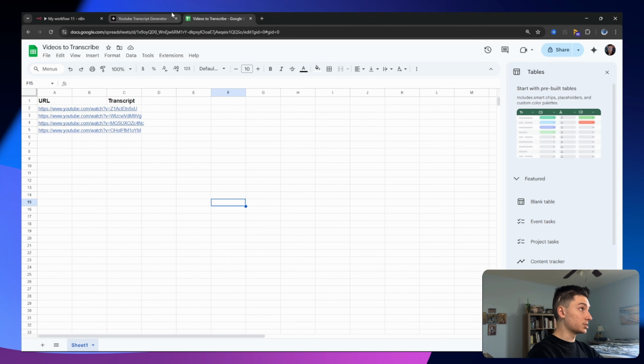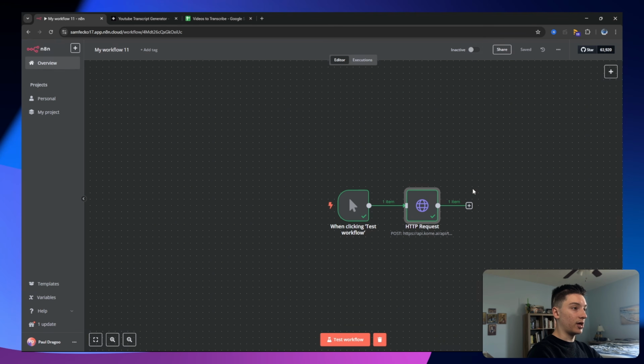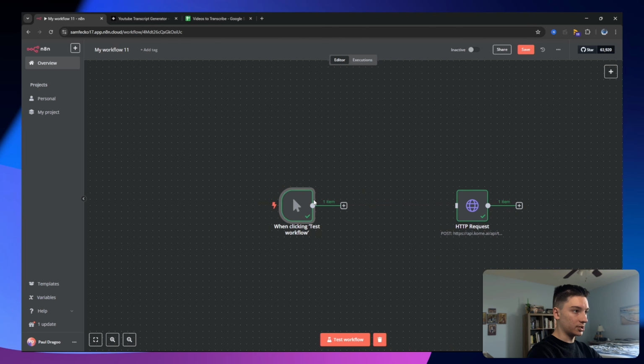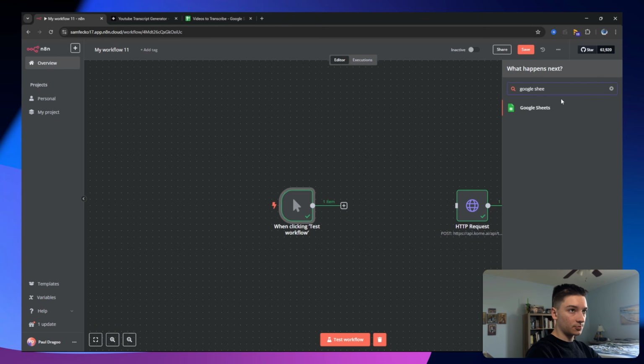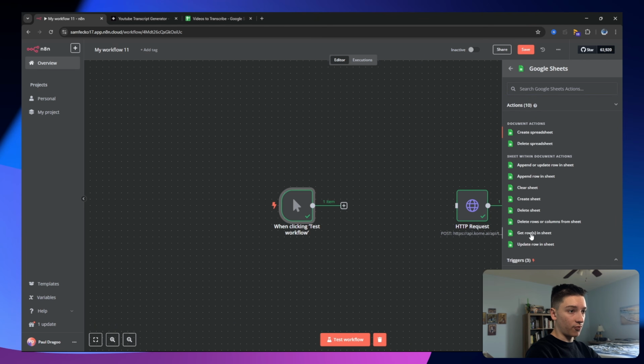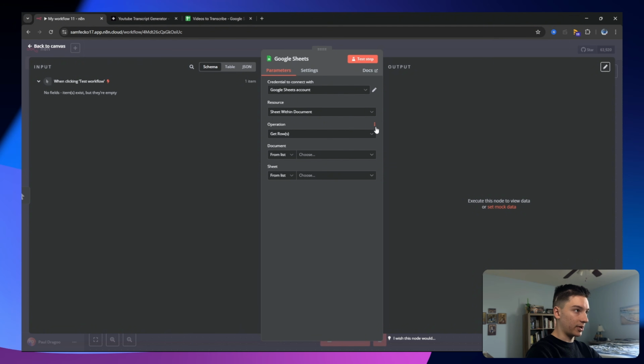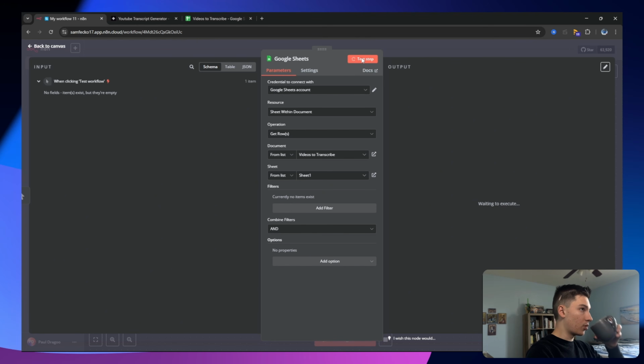So I'm going to close these windows, and then instead of hard coding this, we're going to actually want the variable for the URL. So I'm going to delete this connection, add a node. I'm going to search for Google Sheets. It's going to be actually get rows, which is basically the search rows module in Make. And I'm going to choose a document, videos to transcribe. I didn't rename the sheet, so it's going to be by default sheet 1. If I go ahead and click on test step,